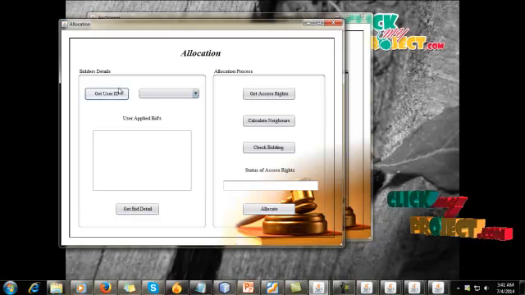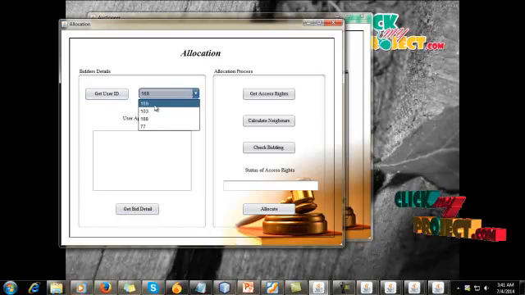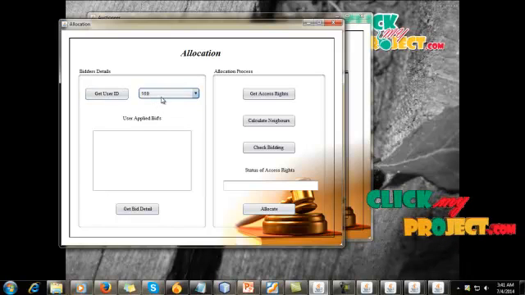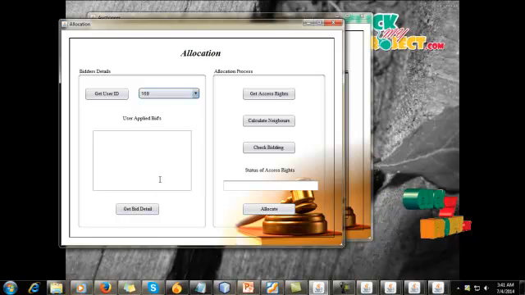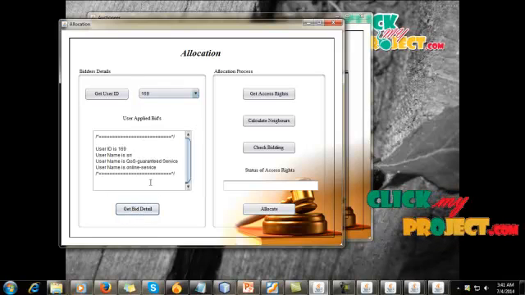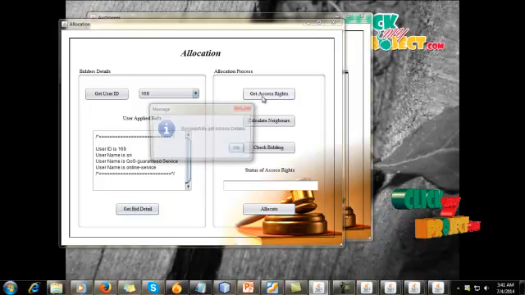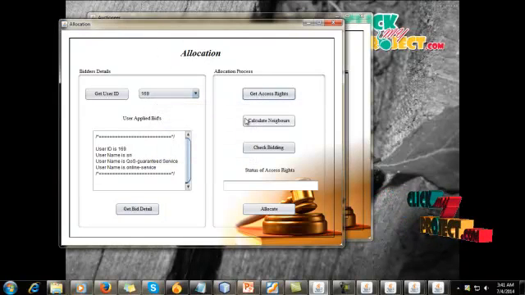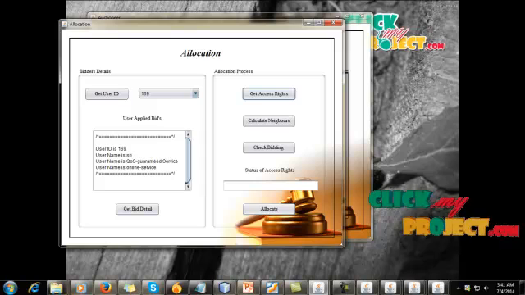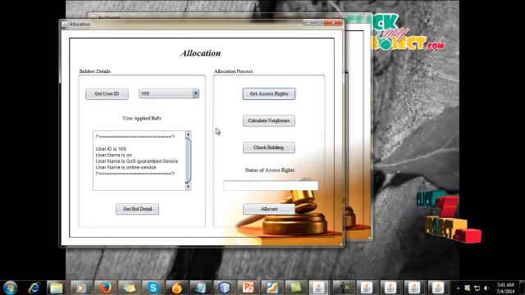Here for each user we have to get the ID by pressing this get user ID button. By selecting here, those are the apply bid. By pressing get bid detail, we get the user ID's detail, and we have to get the access rights. Here the calculate neighbor button is used to calculate the distance between those users, which is used when the